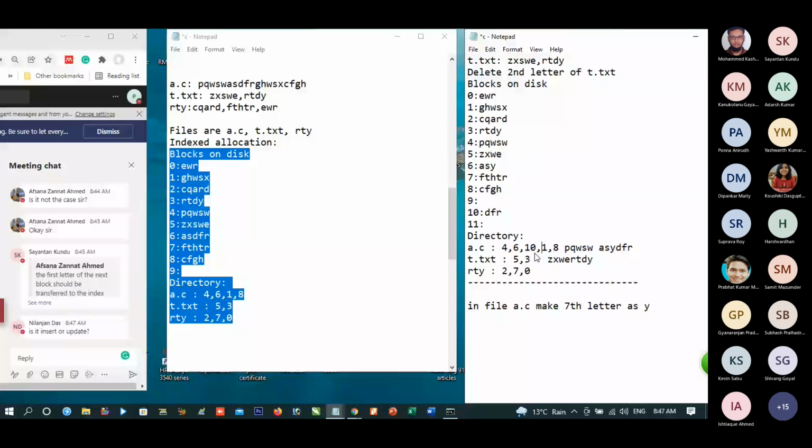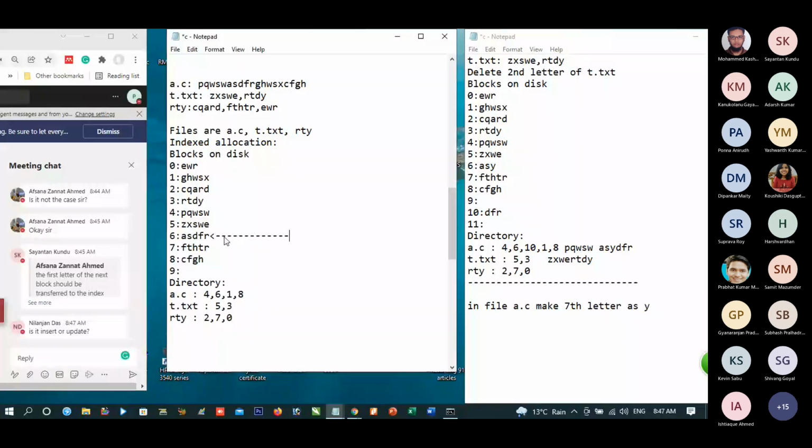It is insert, not update. Update is very easy. When we are updating, we can always replace, and the problem will not come. The problem will come in insertion because the number of letters will increase. Previously in block 6, 5 letters were there. When we start insertion, more letters will come. So what will be done?